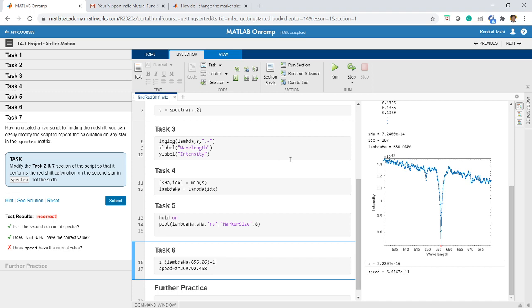Okay, so this is how the project on stellar motion is done. I urge you to try this project on your own, and I hope that you will be able to do this, right? And see, the explanation which I have given you was more of mathematical nature. As far as the problem is concerned, it is related to stars and all. So you can have your own problem statements. You can have your own engineering problem statements.